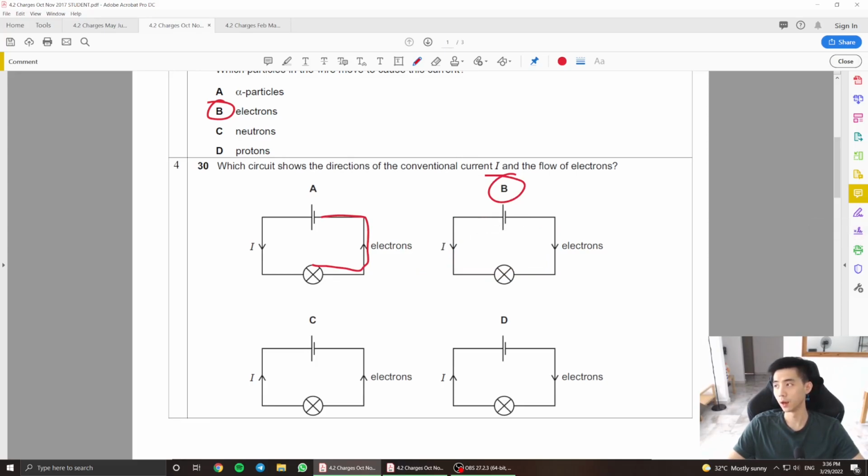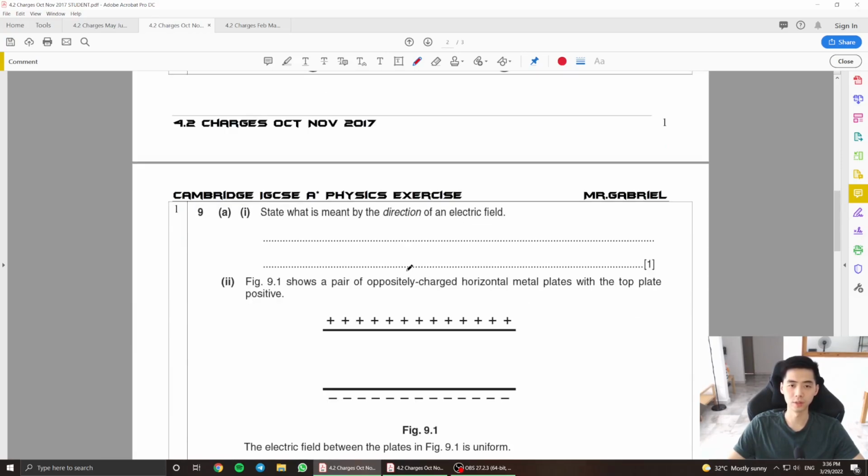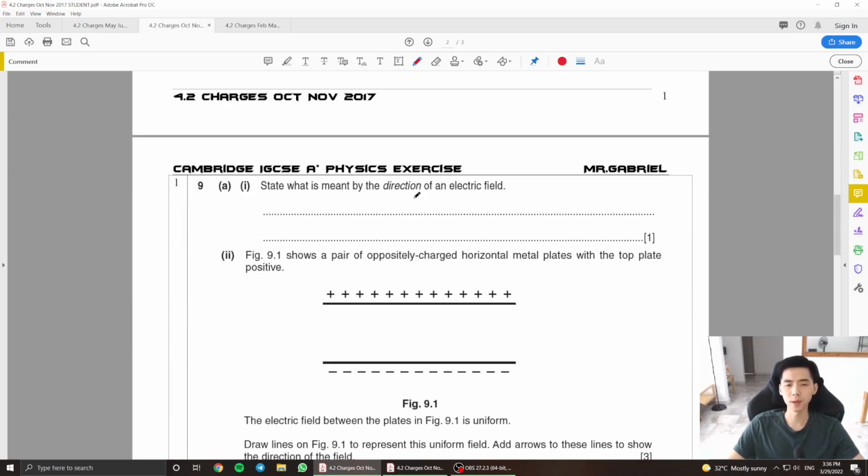Then after that, moving on to this next part here. State what is meant by the direction of an electric field. Now for those who do not know, an electric field is basically a force experienced by a positive charge when placed near a sphere. So basically what the scientists did was, let's say this is a positively charged sphere or whatever,